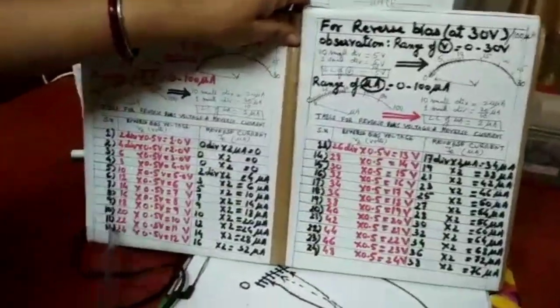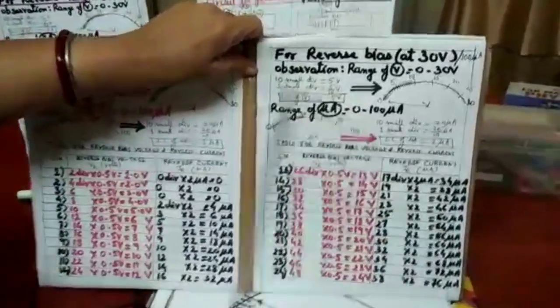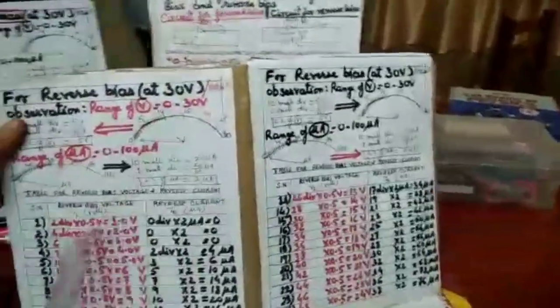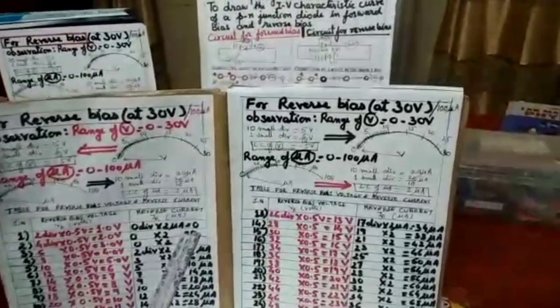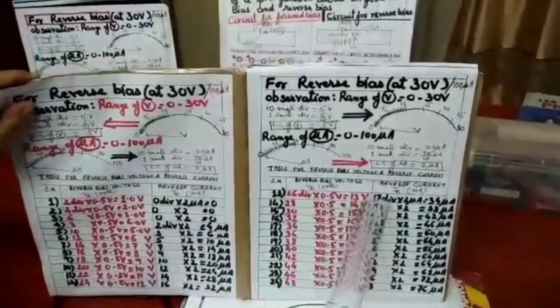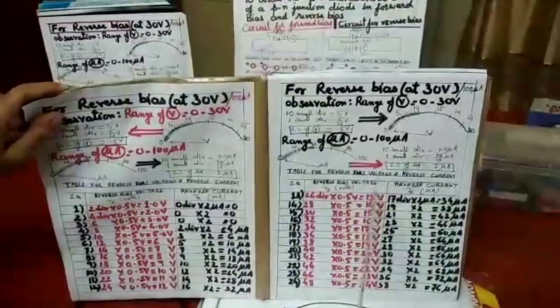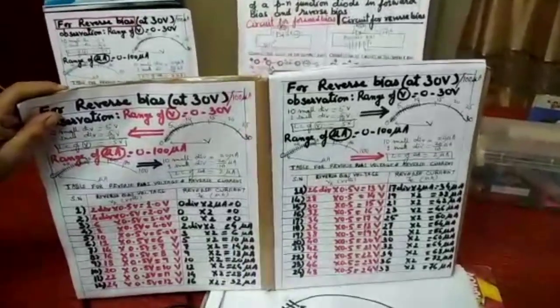This way, taking the readings, I will show you how the readings are to be taken. Here the readings are 1 to 12, and here 13, 14 up to 24. Here also I have taken divisions into least count for the reading. These are the readings of the voltmeter, the final reading in red, and the final reading of the ammeter is here.